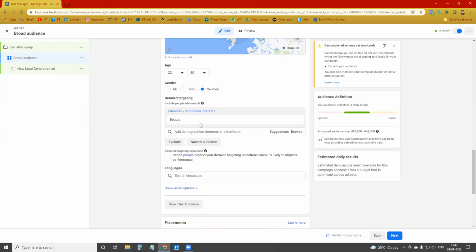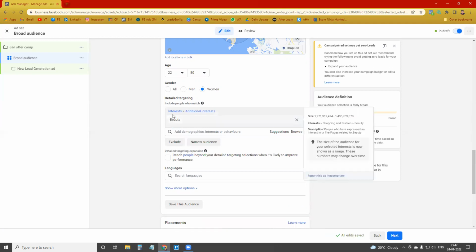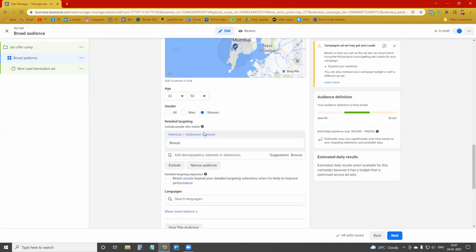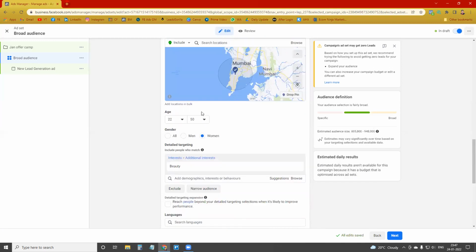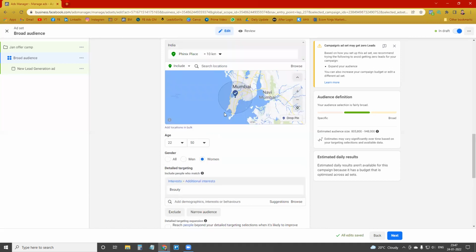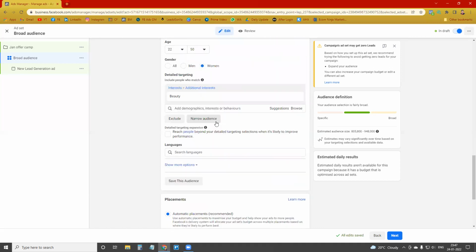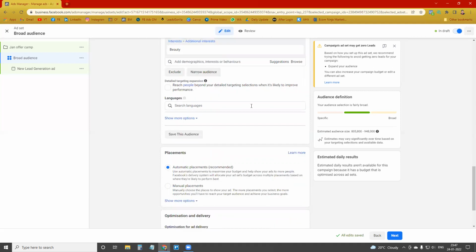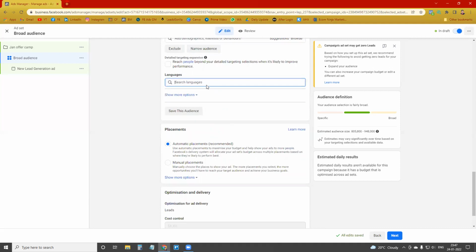Okay, so we have put an interest, which is beauty. Like from the group of people we have selected, now we are targeting those people who are interested in beauty. So we are narrowing down, right? Yeah, cool. And then language, you can select the language as per your location, right?